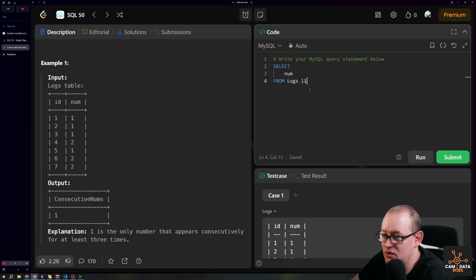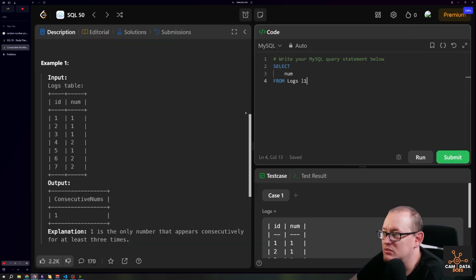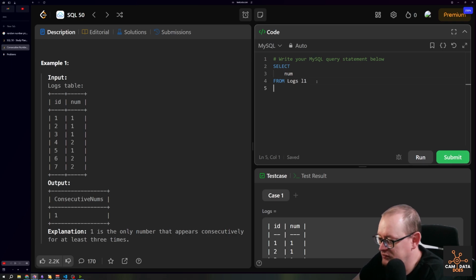So let's do like L1. This is how you alias as well. You can also put as. So I'm selecting num from logs, and then I'm aliasing it as L1. That's an L. Is this zoomed in enough? I hope this is zoomed in enough for you. That might be too much. Let's go there. All right, so L1, join logs L2